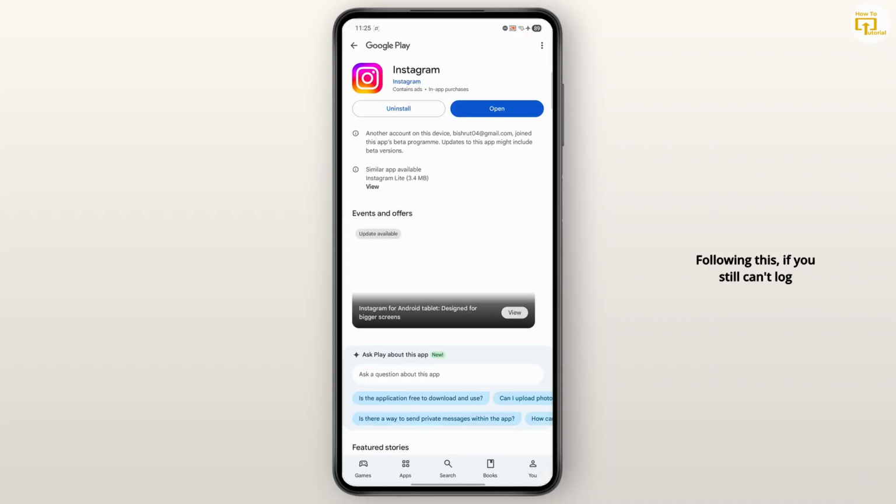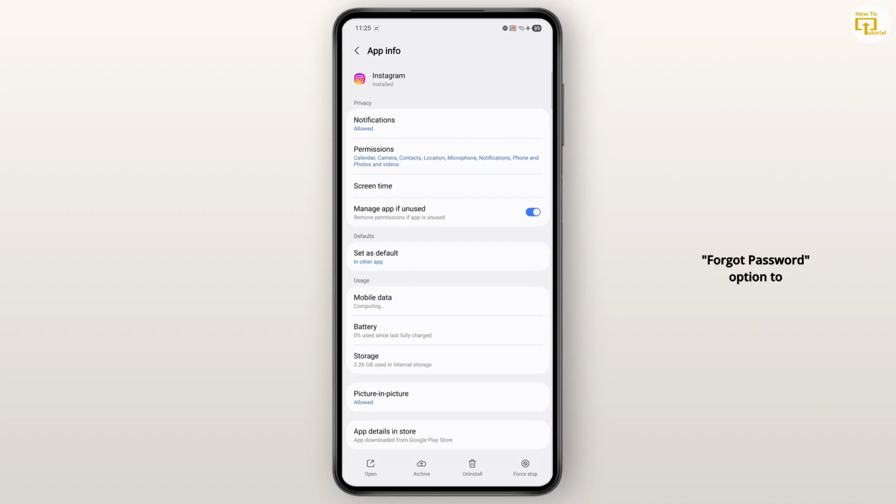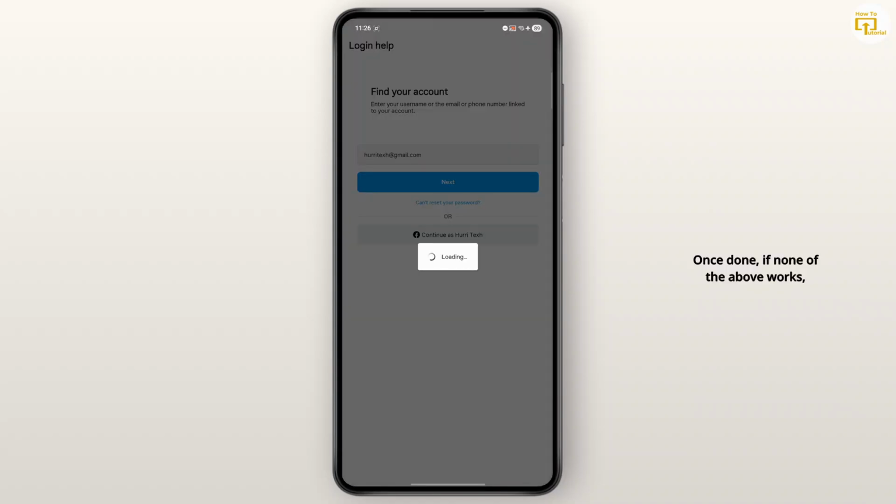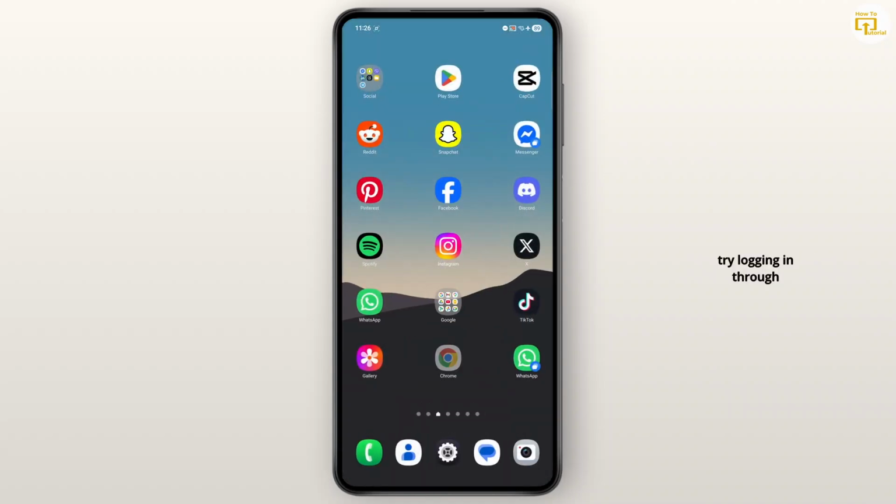Following this, if you still can't log in, try using the Forgot Password option to reset your credentials and log in with a fresh password. Once done, if none of the above works, try logging in through your browser by going to Instagram.com instead of